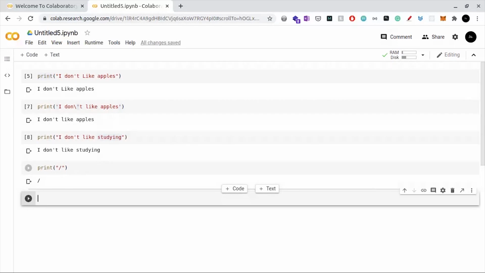Now we have seen how we can run our very basic program, that is a hello world program, and how we can print some strings or characters to the screen without any problems. In the next tutorial, we'll move to some other basic concepts like variables and constants, and from the next lecture onward I will start giving you some homework so that you can practice it at home, and you understand everything that I explain in the next class.